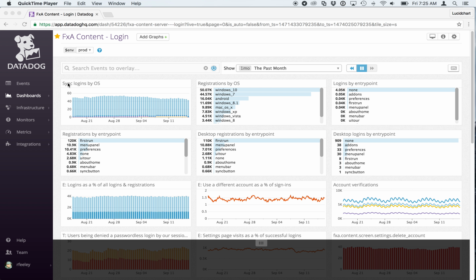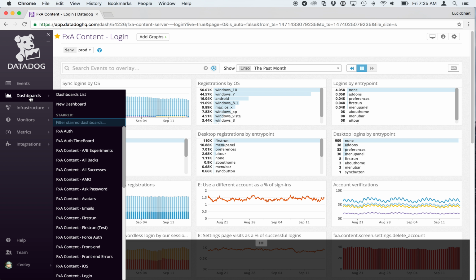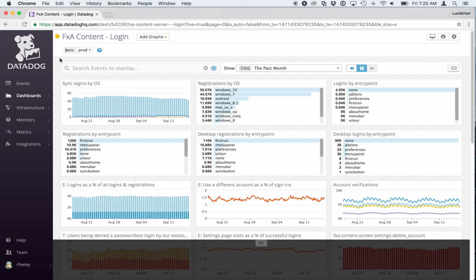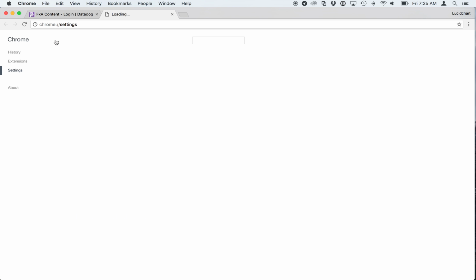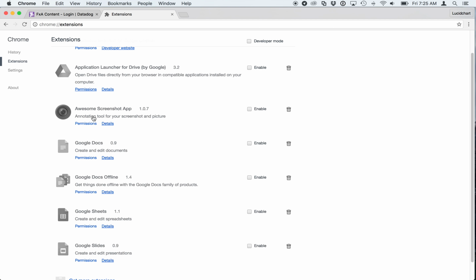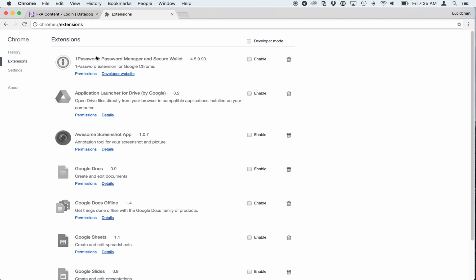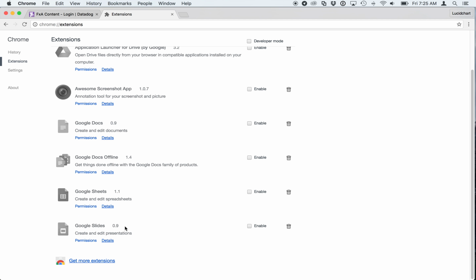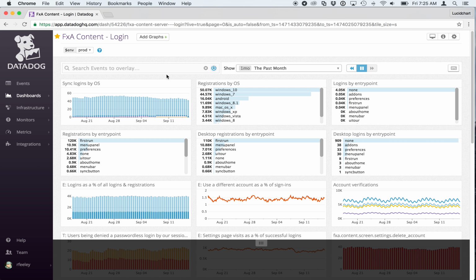Hey guys, just so you know, I'm gonna do a little video, see if I can replicate my problem. So we've got a ton of dashboards that we're using in Chrome. I went in and disabled all my extensions just to make sure that that's not it. I do often use 1Password, some of the Google ones. I'm gonna close that, and let's see, we're looking at a list of here's all the different kinds of logins